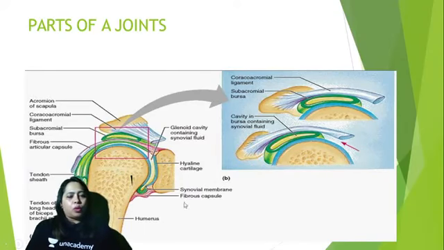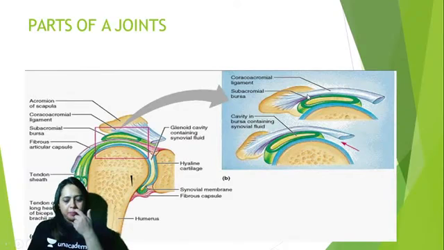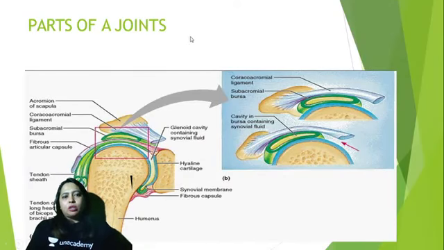So with this, we have come to the last slide and last discussion on the topic, that is classification of joints. I hope you have understood what is the fixed type of joint, what is cartilaginous type of joint, and what is synovial type of joint. So the examples are very important. You can just remember the chart, and you yourself can list out all the joints in your body and put them in the right category.